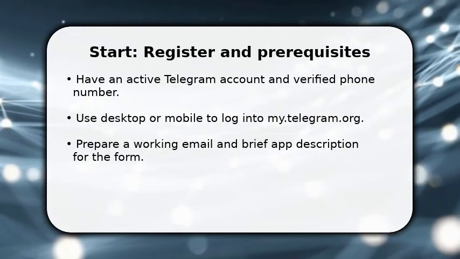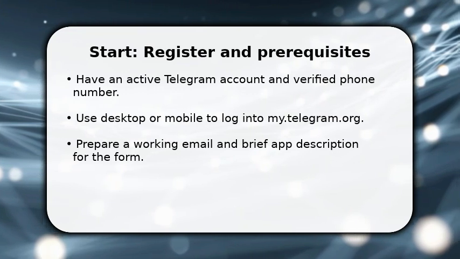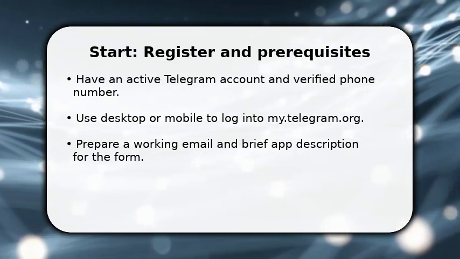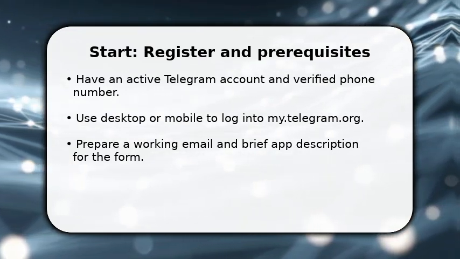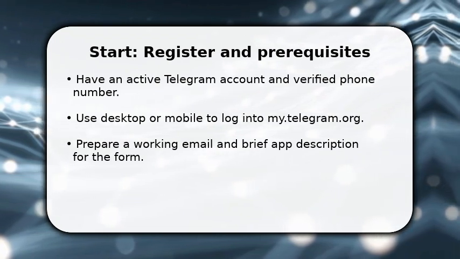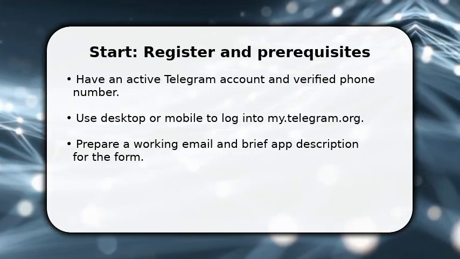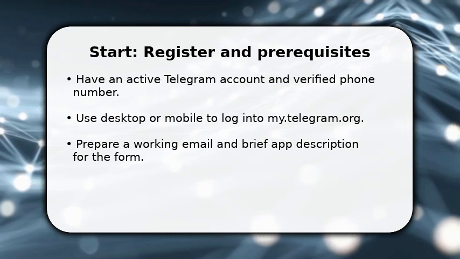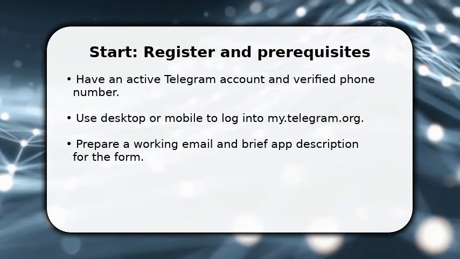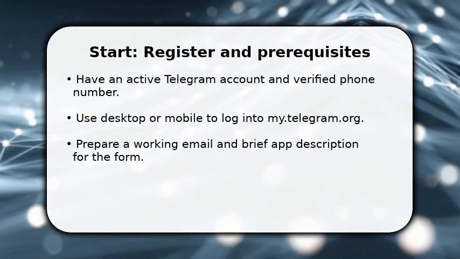You begin by using an existing Telegram account. This is required to request API credentials. Once logged in, open My Telegram org and choose API Development Tools. That's your gateway. Make sure you have a concise app title and a short description ready because you'll enter those